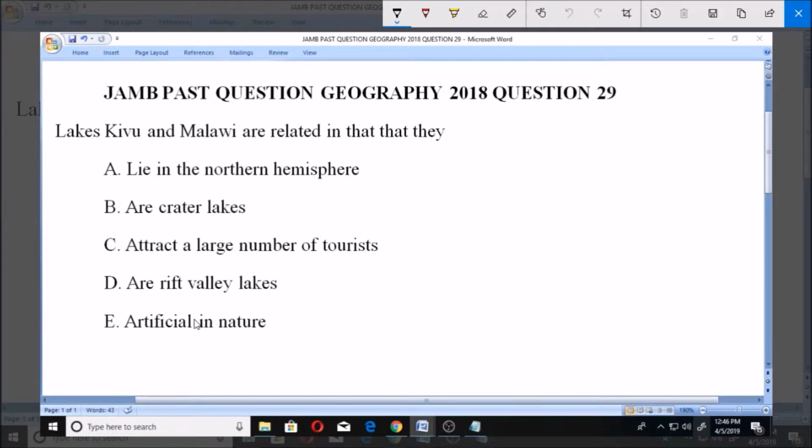Now, to put this in perspective, we need to know that in this area where we have Malawi and Kivu, rift valley lakes are lakes formed as a result of faulting. So whenever we hear about rift valley lakes, it is associated with Lakes Kivu and Malawi. So rift valley lakes are